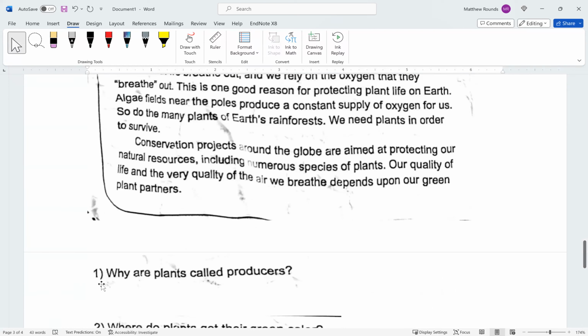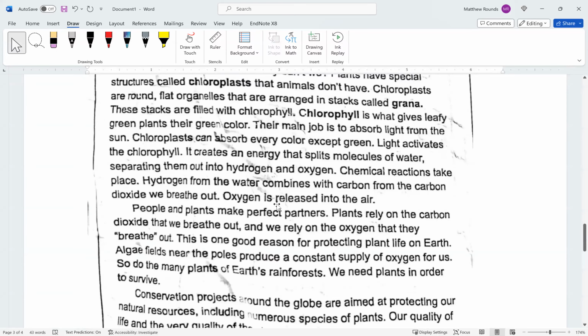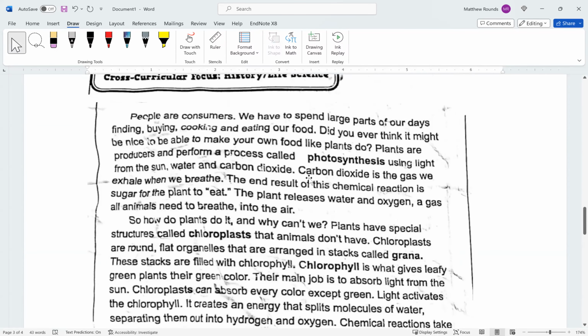Can you read question number 1 for us? Why are plants called producers? Okay, so let's go back and look at the first paragraph, and I want you to read starting here. Plants